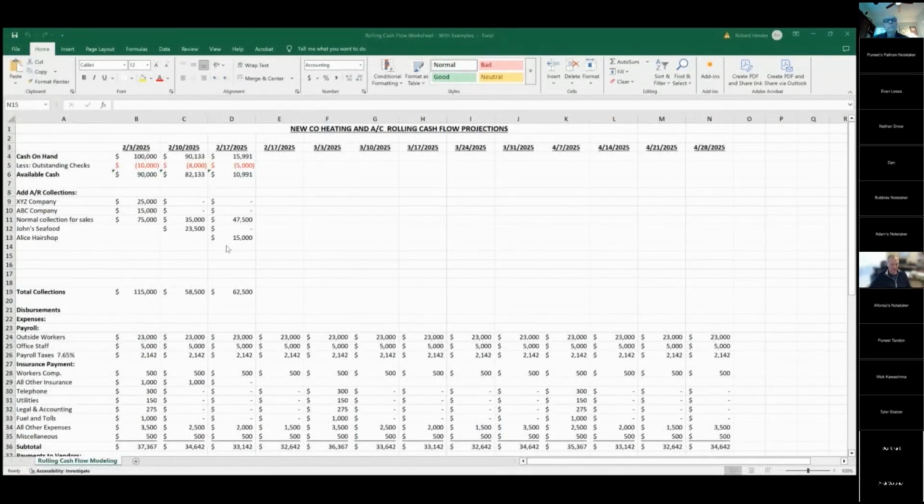What you'll find, and I didn't fill in all of these because it's an estimate, and you'll never get this to balance to anything. It's an estimate of collections and an estimate of payables. And if you do this right, you'll see a negative figure at the bottom, maybe 10 weeks out. So you know you've got that nut coming, and you've got to cover it somehow.